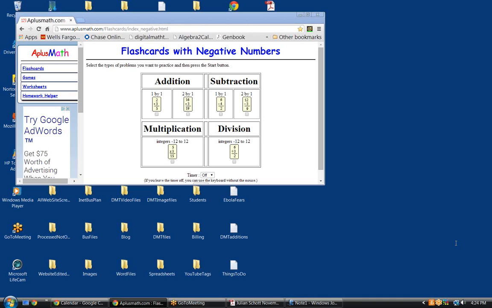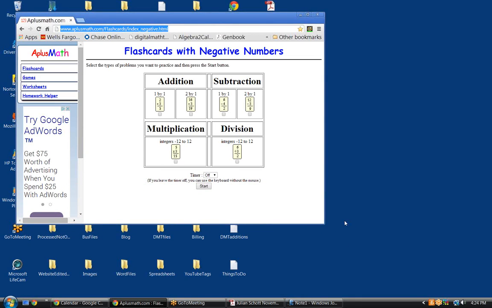And then come back to my desktop here. Okay. Let me show you how to use this best. First of all, don't worry about 2x1s. When you're practicing these, checkbox the 1x1 addition, the 1x1 subtraction, the multiplication, and the division. And the beauty of this website is that it works with positive and negative numbers, which is what everybody has